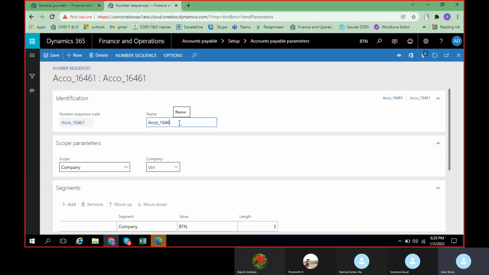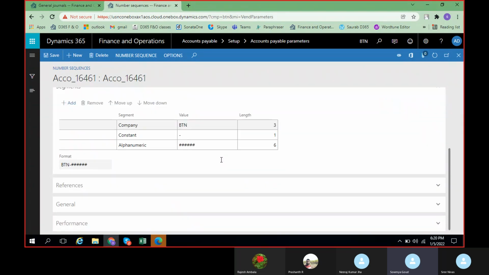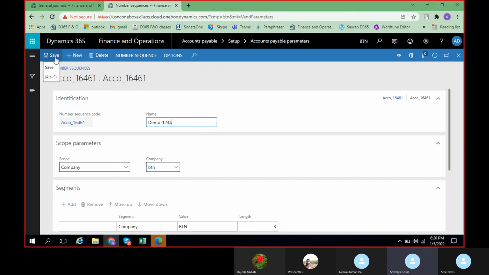Let me try to make some changes. We'll see. Yeah, we are able to change the name, scope, company, everything, but the number sequence code, which you can see in the first one, we are unable to change. It's already grayed out. See, it's ACC one. Yes, that one.